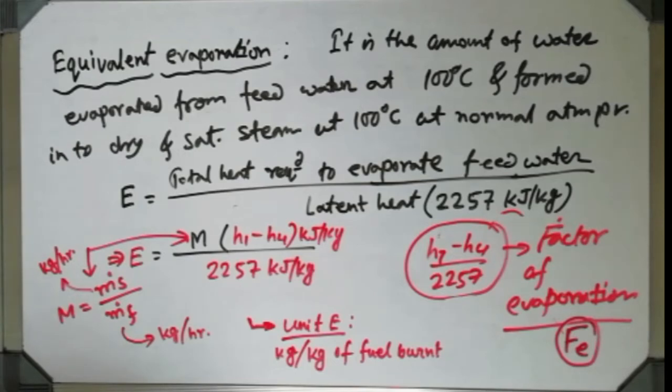Then VV, that is the specific volume at vapor state. Then UL, that is the internal energy at liquid state. Then ULV, that is liquid vapor mixture zone. UV, that is for vapor zone. Similarly, if you move forward rightward, then you can see the enthalpy values. HL, that is at liquid state. HLV, that is liquid vapor mixture zone. HV, that is the vapor zone. Similarly, you can get the entropy values SL, SLV and SV. That means enthalpy, entropy, internal energy, specific volume, all you are getting in this temperature table with respect to temperature.